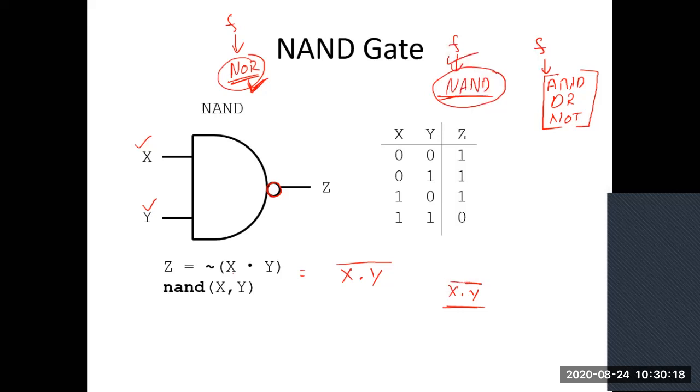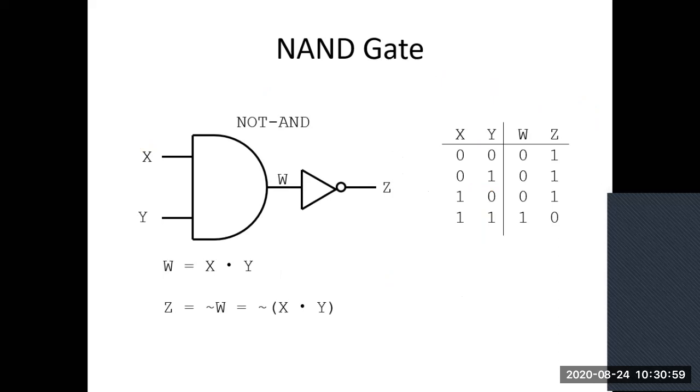In the previous case, you already know the table for X dot Y: 0 dot 0 is 0, and so on, 0, 0, 0, 1. Only and only when both the inputs are 1, I am getting output as 1 for my AND gate. And this NAND gate is basically (X dot Y) bar. So basically you need to complement all the things. So you will get 0 whenever your X and Y both are 1. So this is the truth table of the NAND gate.